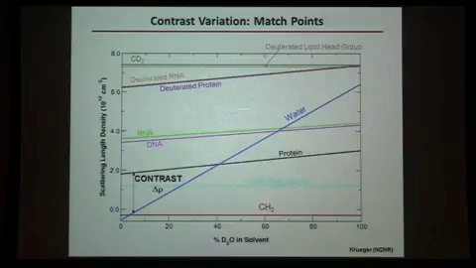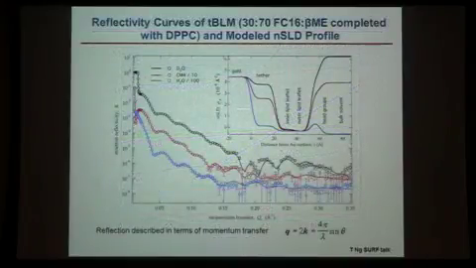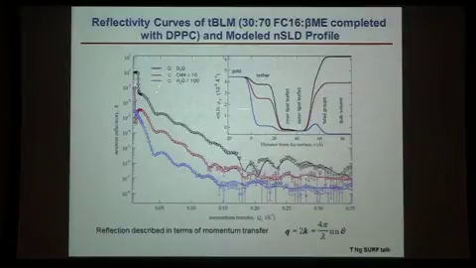For example, around 40% for proteins is very different from lipid head groups and deuterated lipid head groups. So we can actually tune the system to see, in principle, different components. Okay. So when you're looking at these, again, starting again with the bilayer, and again looking at different contrasts, mixtures